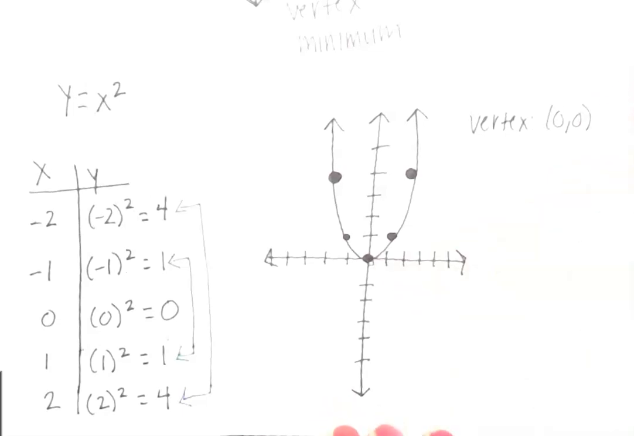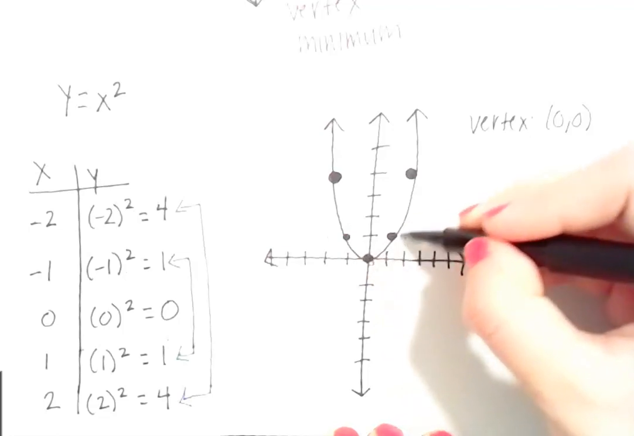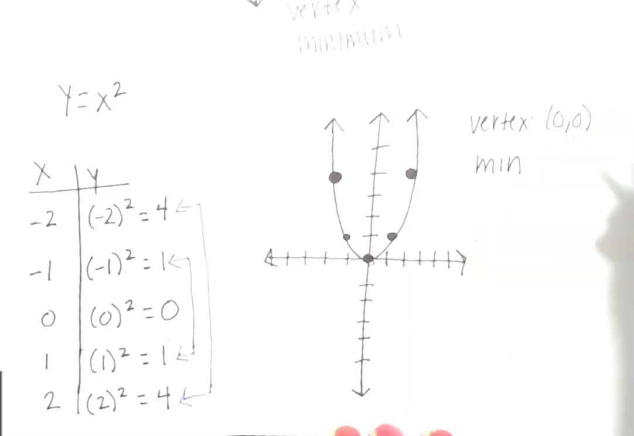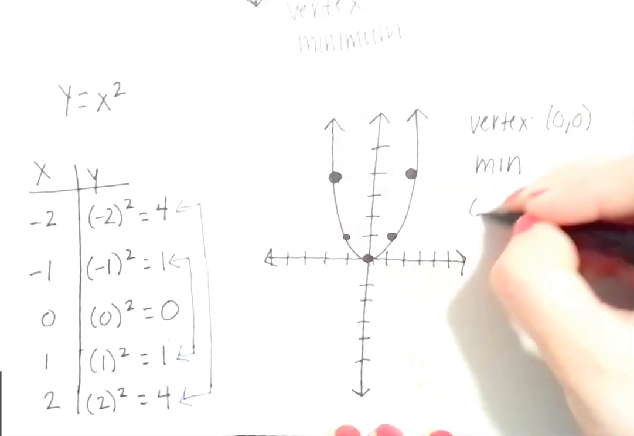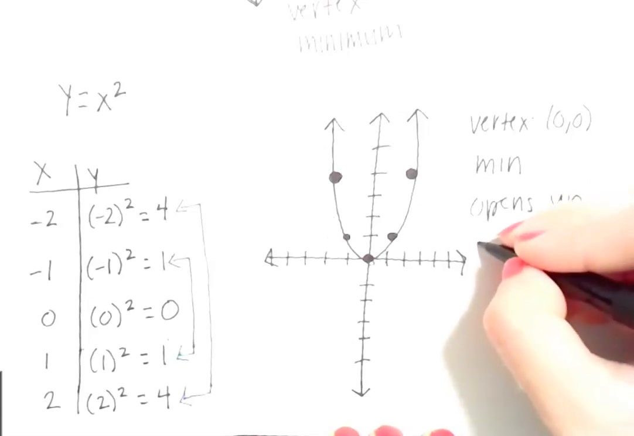Now is this point a maximum or a minimum? This would be a minimum, right? Our graph is opening upwards, right? Because it's opening up. Now this is a new word for us, the axis